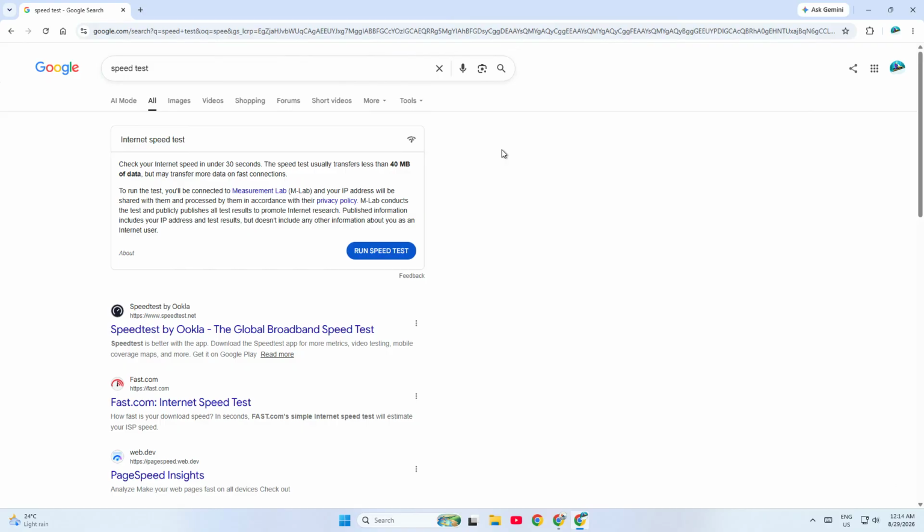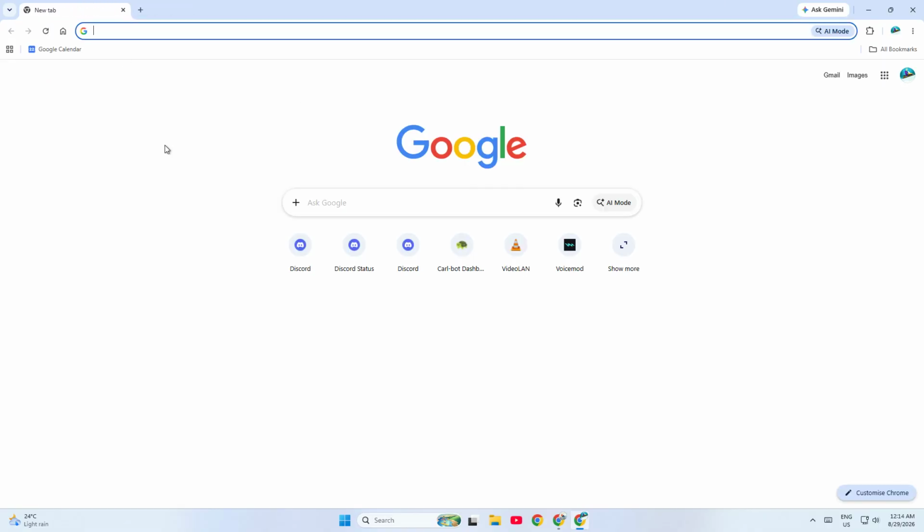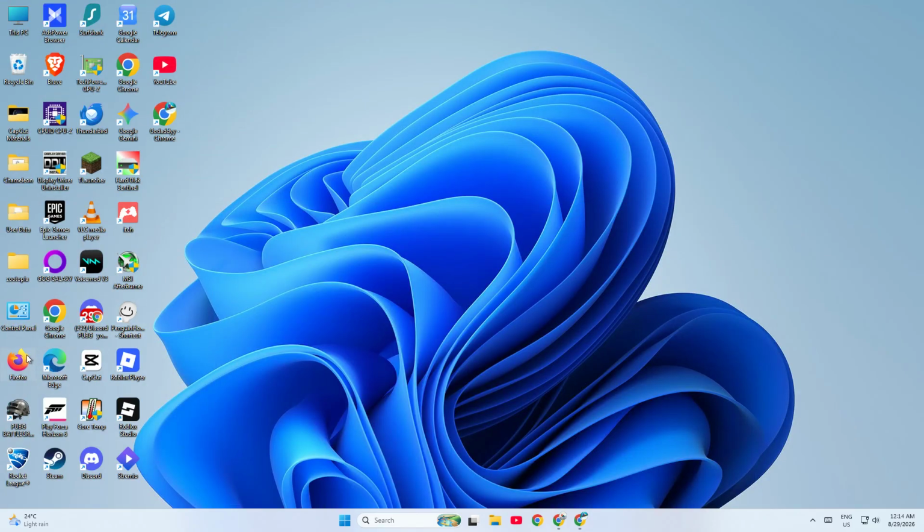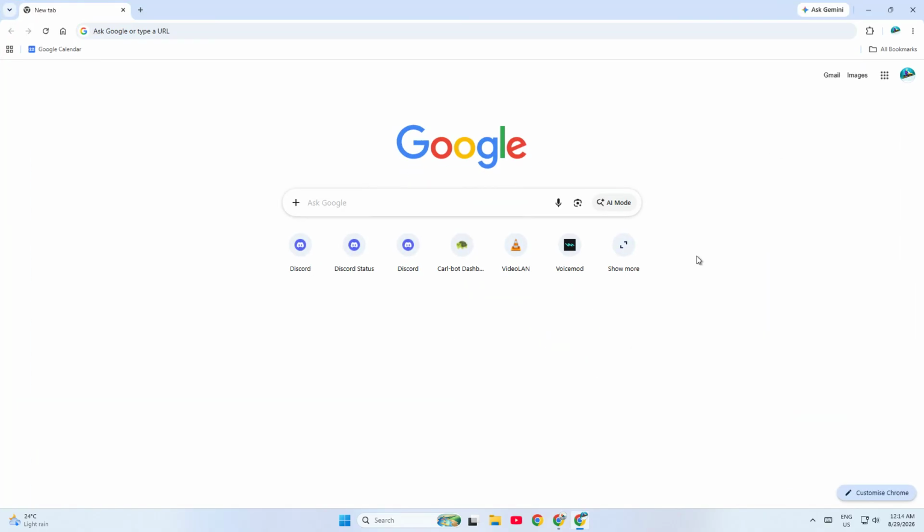If it still doesn't load, test the site in another browser like Microsoft Edge or Mozilla Firefox. This helps you figure out whether the issue is only happening in Chrome or whether your internet connection itself is having a problem. If the website opens in another browser, but not in Chrome, the next step is to clear Chrome's cache and cookies. Over time, Chrome stores a lot of temporary data, and sometimes that data gets corrupted or